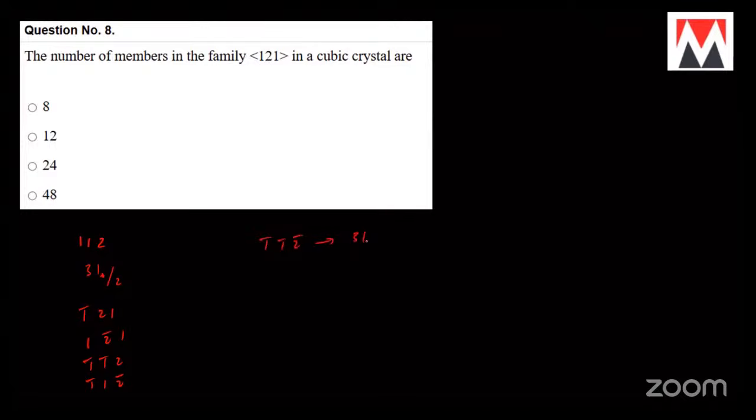So this will be again 3 bar by 2 bar, common numbers. This is 3 factorial. 3 are different numbers. This is again 3 factorial by 2. This is again 3 factorial by 2. This is 3 factorial again. So 6, this is 3. 3, 3, 3, 9, 3, 12. 12 plus 6 plus 6, 12 plus 12, you get 24. So there are 24 family of members in 1 to 1 cubic crystal.